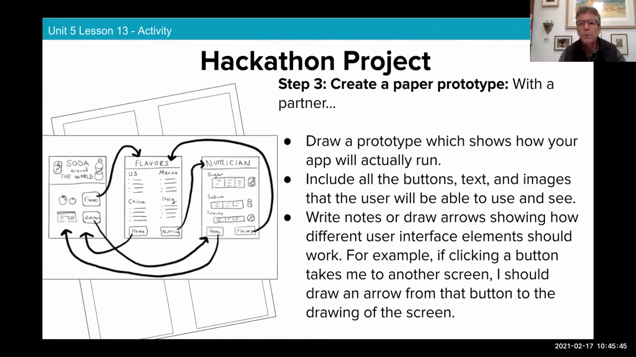Step 3, create a paper prototype with your partner. Draw a prototype which shows how your app will actually run. Include all the buttons, text, and images that the user will be able to use and see. Write notes or draw arrows showing how different user interface elements should work. For example, if clicking a button takes me to another screen, I should draw an arrow from the button to the drawing of the screen. So see the high ones that are going just to the screen as opposed to from button to button, all